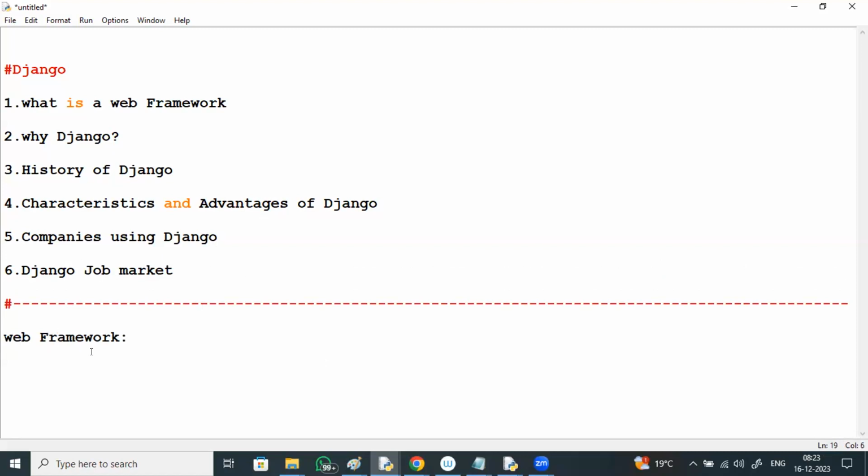So what is that web framework? I can say it's a library which helps to build flexible web applications. A web framework, right?